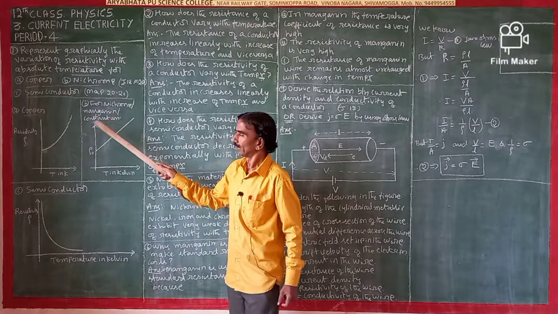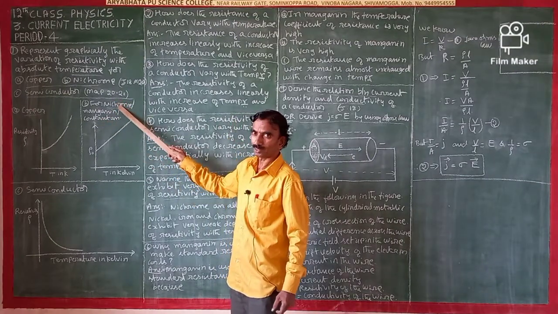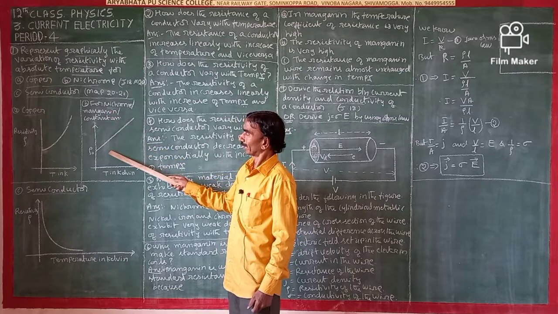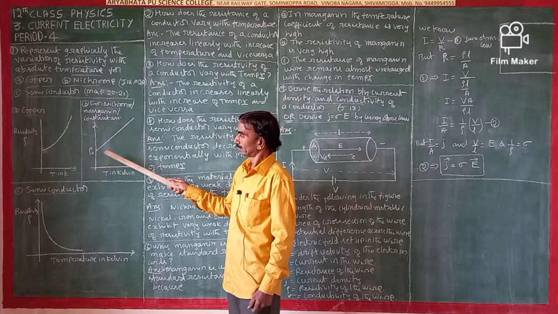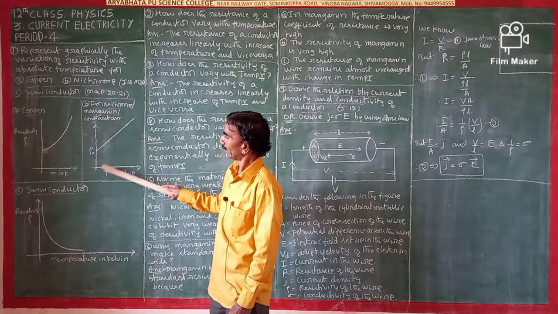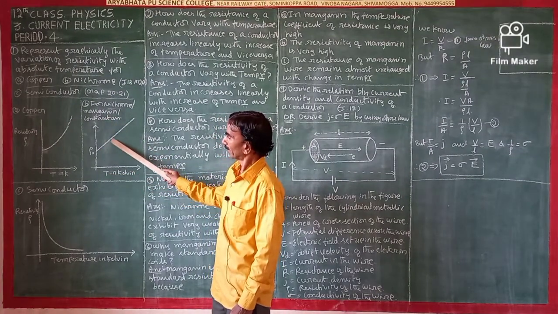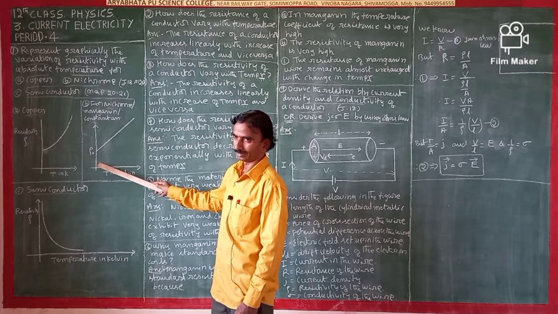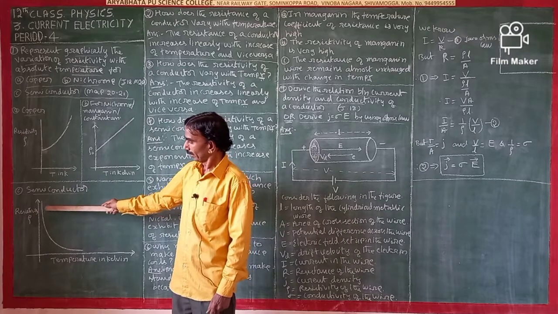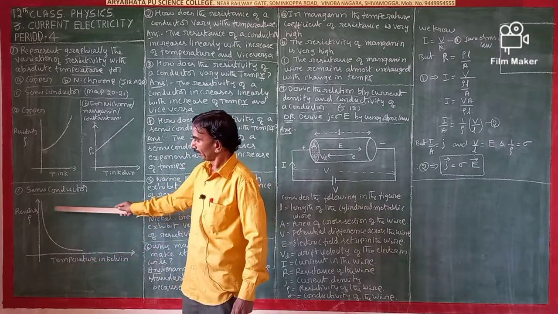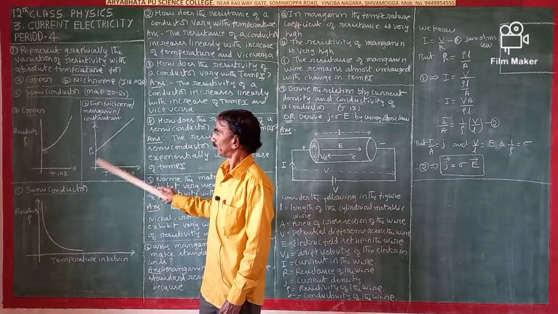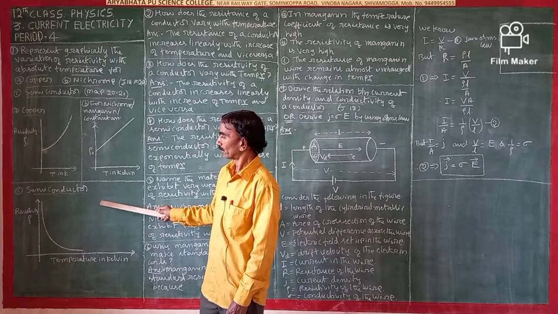If they ask for nichrome wire, you have to draw this diagram. If they ask for manganese wire, you have to draw this diagram. If they ask for constant wire, you have to draw this diagram. So constant, nichrome or manganese wire, T in Kelvin: it is a straight line, not passing through the origin. For semiconductors, resistivity versus temperature in Kelvin does not touch the x-axis. It is just a curved line. So you have to draw this. These three diagrams are very important. You have to learn them.